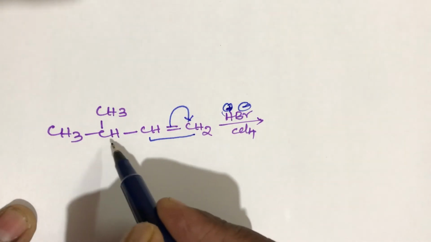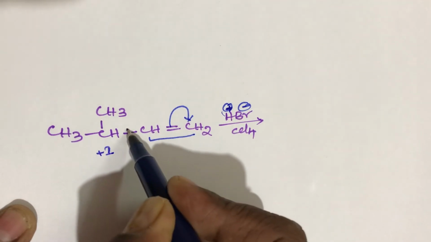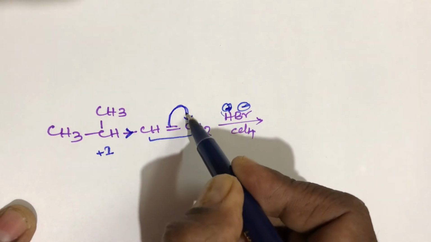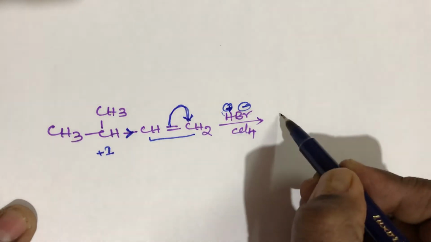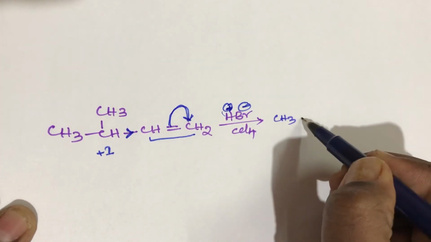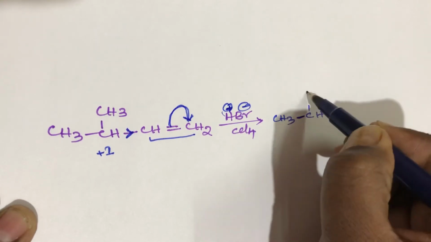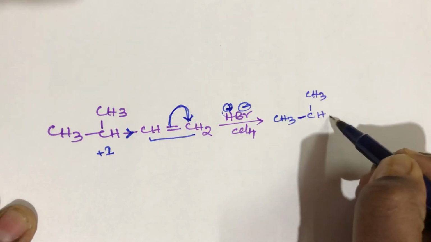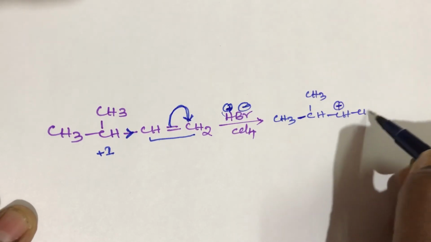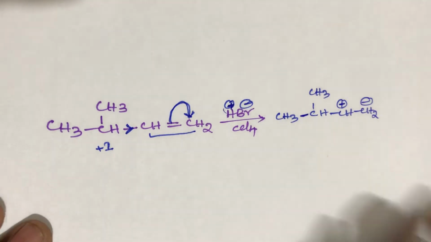The isopropyl group is there. This isopropyl group belongs to the plus I group, which is always electron releasing. So that's why the bond shifts towards the right side only. So what is the intermediate product? That is CH3, CH, CH3, CH, where this carbon gets a positive charge and this carbon gets a negative charge. This first step is bond breaking.